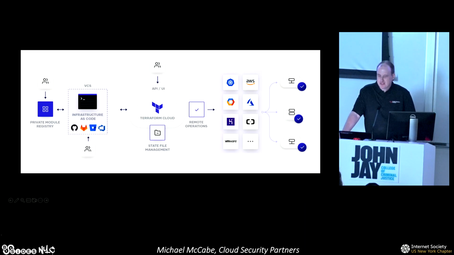I'm just joking. But so you have your infrastructure as code there, your Terraform committed there, and then you have a hook from Terraform Cloud or whatever it is, an SCM hook, to detect changes in your repo. That runs the Terraform plan, and then eventually apply, and then that reaches out to your cloud infrastructure. So that could be AWS, that could be Azure, that could be on-prem. There's a million different things you can use Terraform for. So that's the general layout of how people use it. Either it's Terraform Cloud or just running internally.